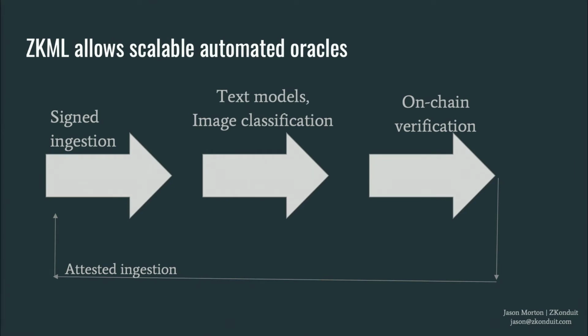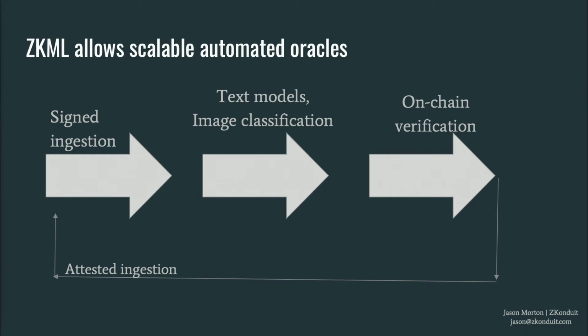Yet another way to think about what we're doing here is to create some kind of scalable automated oracle, a bit like what the Minute folks talked about earlier. And that has three stages. The first one is ingestion. I can ingest a piece of data that's signed or unsigned. Unsigned means I claim it's true, and if there's a ton of evidence, then it contributes. A signed piece of data is something that someone has signed, like an email, or a signed endpoint for an API, something like that. So we check the signature.